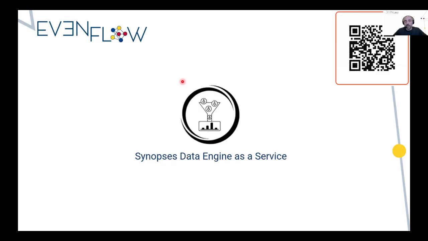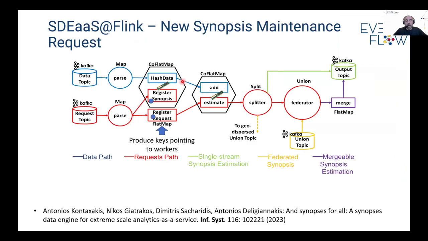Starting with our Synopses Data Engine, as I said, in order to be able to process rapidly evolving streams of data in our training pipelines, instead of using the raw data, we use compact data summaries that preserve important properties of the raw streams, but allow us to process them efficiently in a short amount of time. So we have developed a Synopses Data Engine on Apache Flink, which communicates with the outside world via Kafka, and